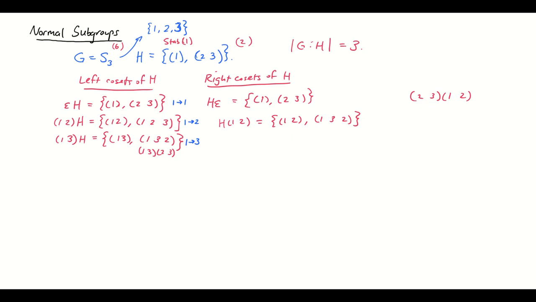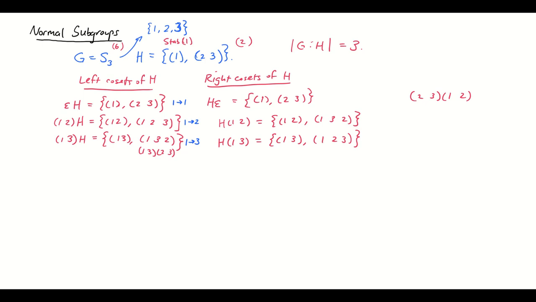And already I see that that is not the same thing as my left coset for (1 2). And if I calculate the other right coset, H(1 3), I will end up getting the other 2 elements. And I'll leave you to calculate and make sure that that's true. All right. Now, in terms of the group action,